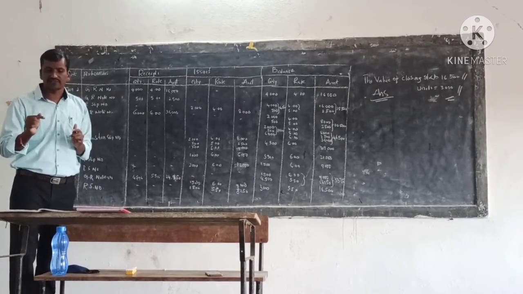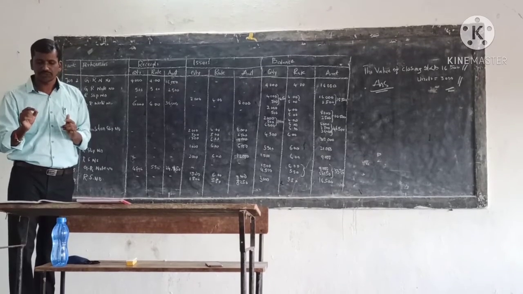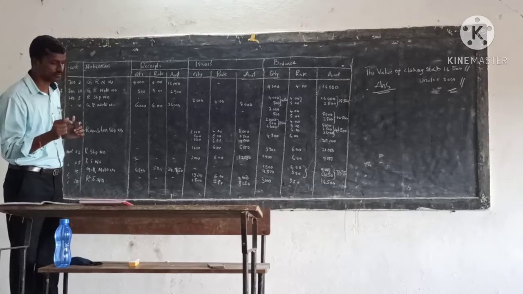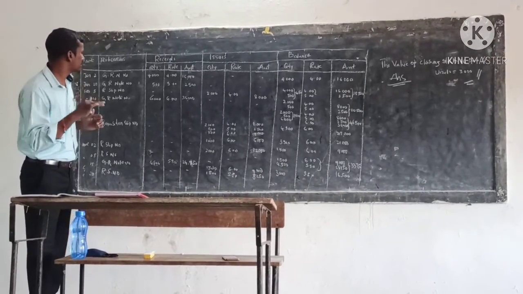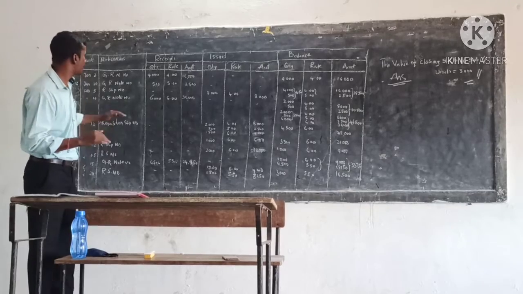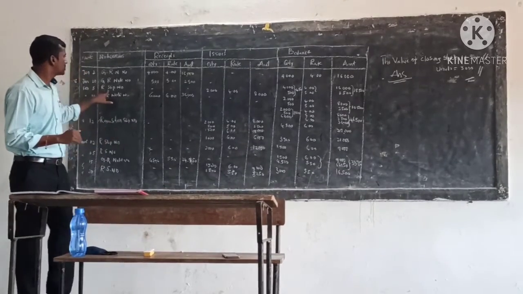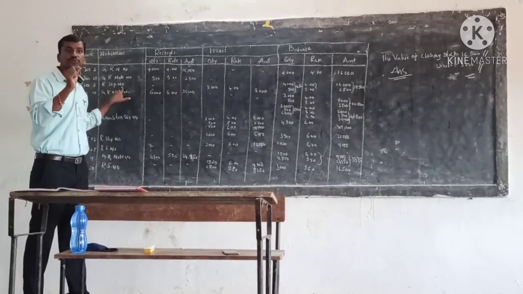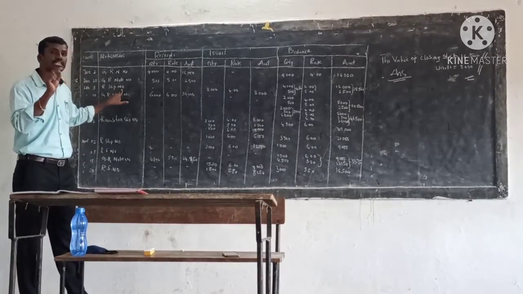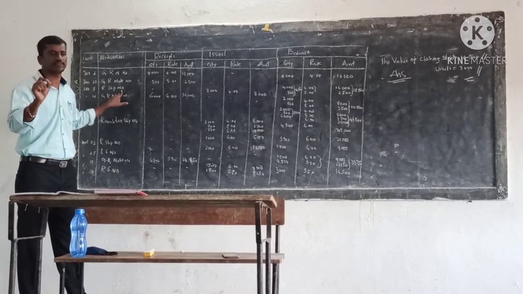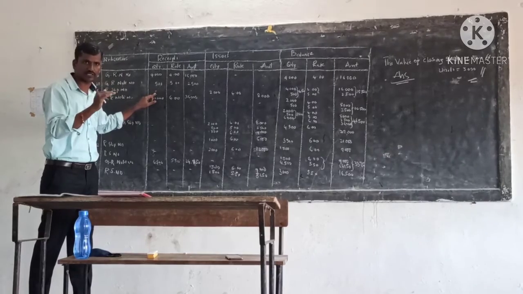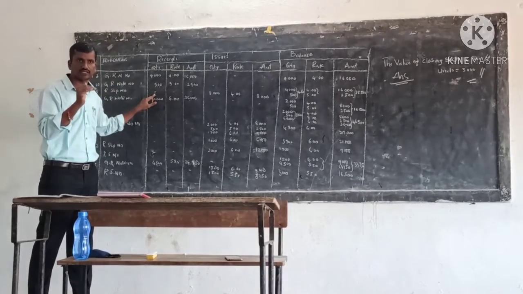Now the given transaction: on February 5th issued 2,000 units. Normally the rate is not given because we have to determine it when we issue. Okay, fine. Now the requisition slip number. Whenever we issue, we write the requisition slip number in the particulars column. Then you come to the receipts column. Is there anything to write? Nothing, because we are issuing the stock.